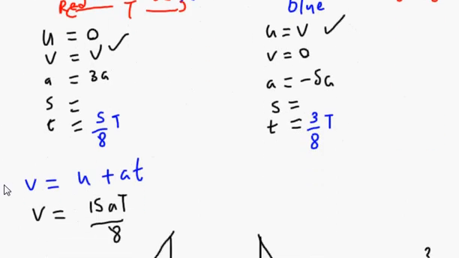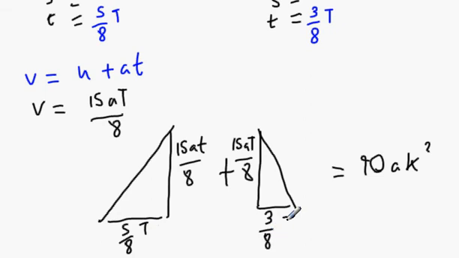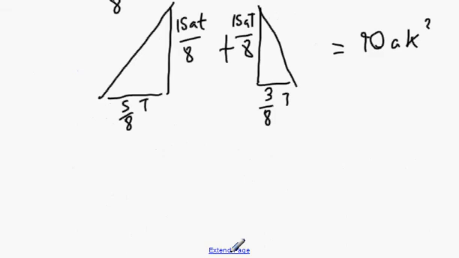So now that we know that this is 15at divided by 8, we now know that our maximum height, our height of each triangle, is 15at divided by 8. What do we know about the base of each triangle? The first one is 5/8 T. The second one is 3/8 T. And what we're going to do is multiply them out. So it's going to be a half